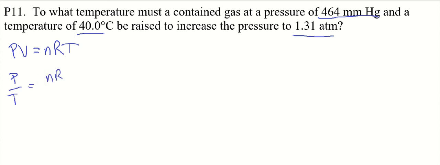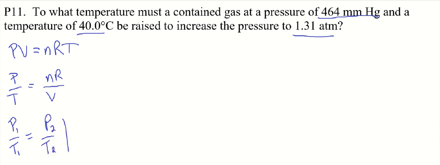It's going to be nR over V. Just divide through by volume. Right, and because the right side is all not changing, they're constant, we can say that any changes to the left, like P1 over T1, is going to equal that proportion after the change, P2